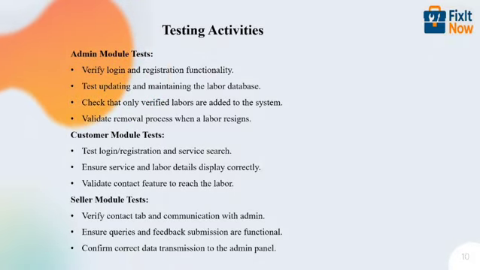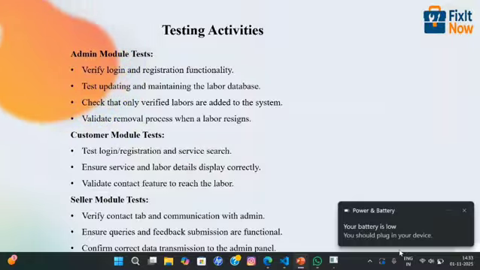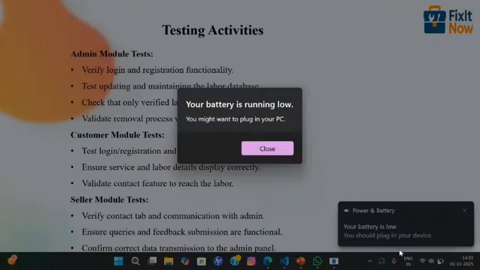Sorry for the inconvenience. As I said, I will explain some of the tests which I have done for our platform, Fixit Now. Our platform consists of mainly three panels: the admin model, the customer model, and the service provider model, that is the seller model, as being displayed. Here in the admin model, admin will undergo every activity, as he is in control of everything, both the service provider as well as the user. So he verifies the login and registration functionality. Like a service provider, before he logs in, he needs to